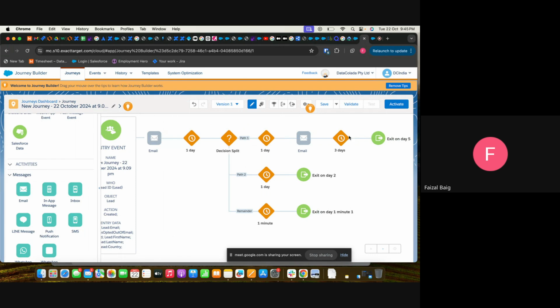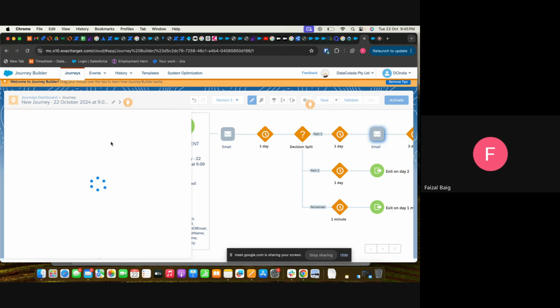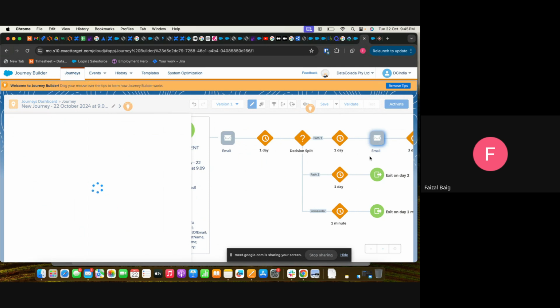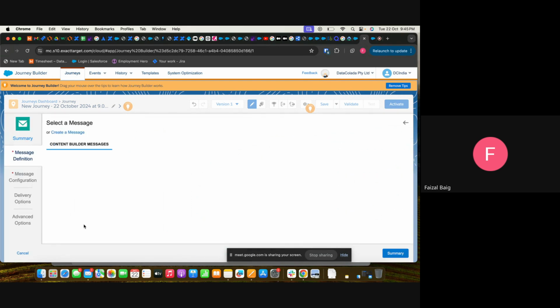So once 3 days are over, we can see how many clicks are there and what we can work on. In email, we can select the email. We can also add a subject line. We can add transactional or commercial email through this.